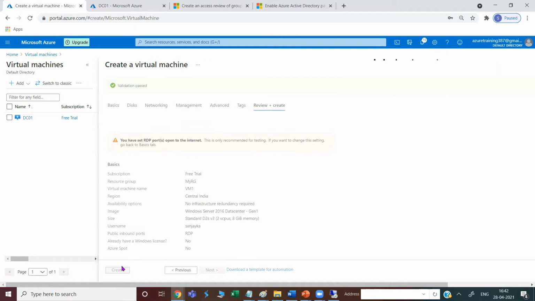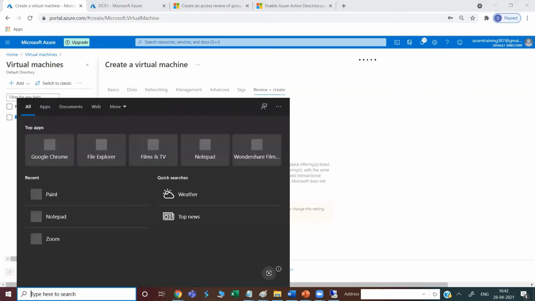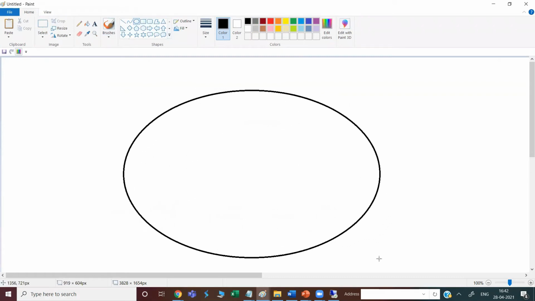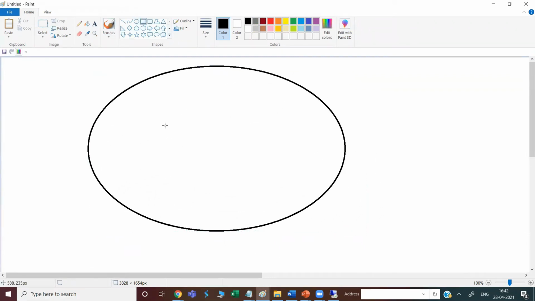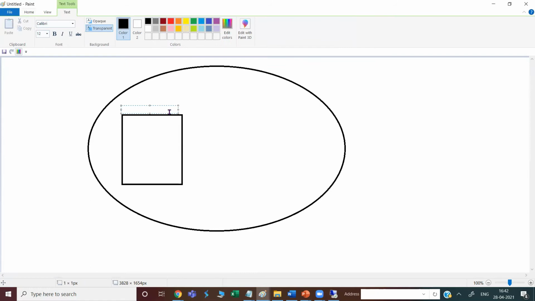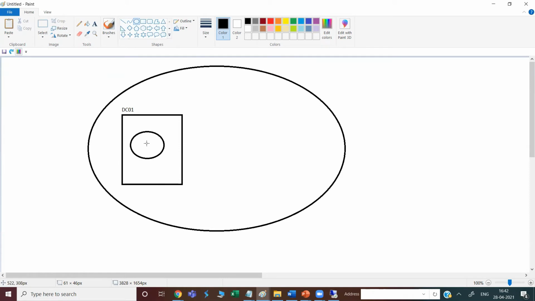Okay, so another thing, let me draw one diagram first. So let's say this is the network, same network, myrg-vnet. On this, I have deployed one DC01 virtual machine. When I deployed this DC01, inside this, I have also deployed the Active Directory. When I was trying to install this particular Active Directory, there was an option: do you want to install DNS on this particular server? I said yes. So DNS is also installed here on DC01. Okay, so basically you have AD as well as the DNS,